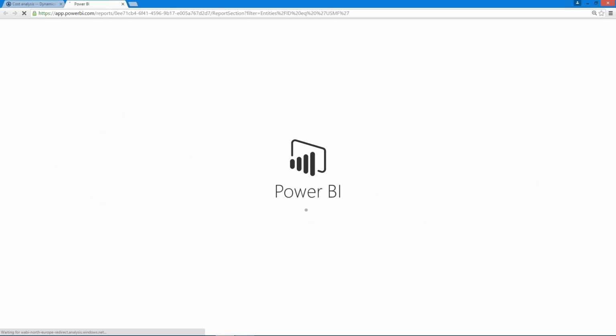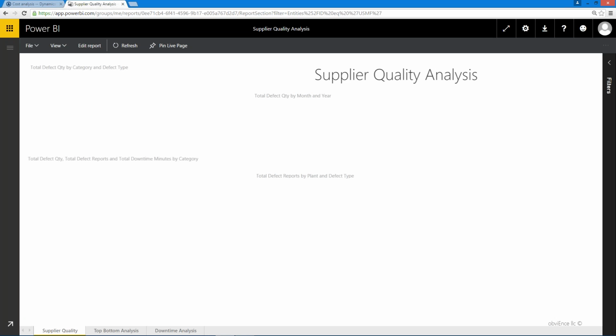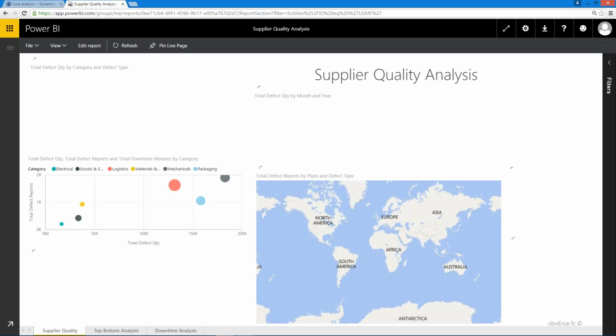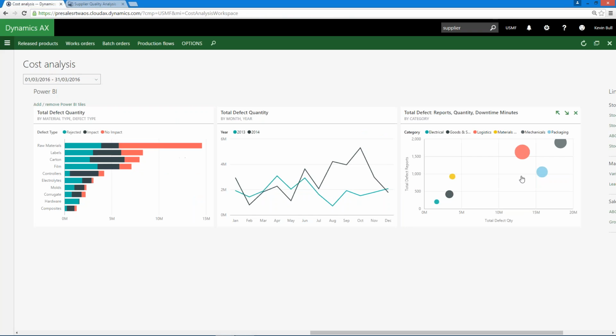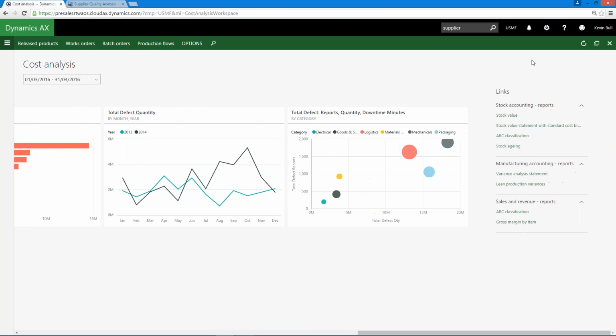So clicking on one of those particular tiles, it's taking us into Power BI, where we can do an awful lot more. We can use all of the business intelligence tools to actually investigate the data and get down to the detail. Back to our workspace, the final section that we've got across here is an area of links. So these again are typically reports or inquiries that we want at our fingertips